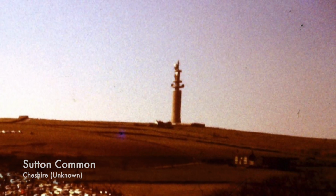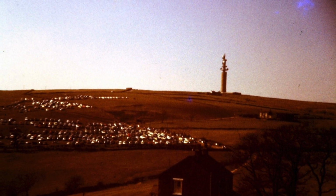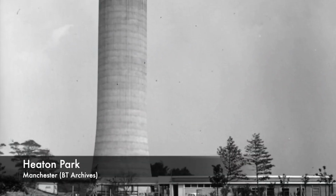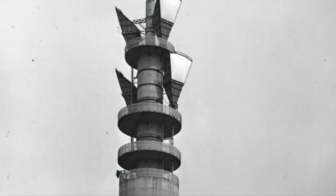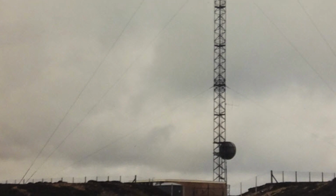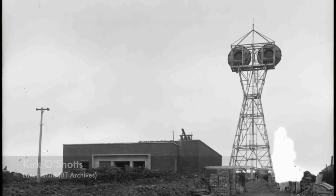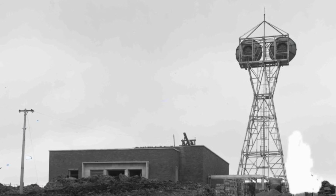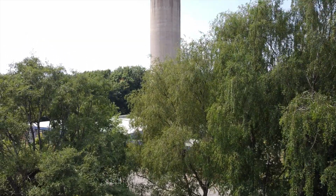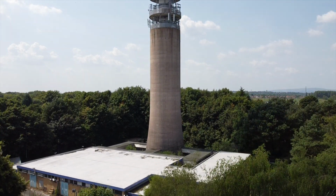border at Macclesfield. Next was Heaton Park, then Saddleworth in Greater Manchester, Hunterstones in Skipton, North Yorkshire, Azerley in Yorkshire, and Richmond also in Yorkshire. And then further north to Muggleswick in County Durham, Coldfell in Cumbria, Lockerbie in Dumfries, Green Lowther in Dumfries, and finally Kirkoshots in Lanarkshire. Heaton Park's first public mention was in the 1965 Defence White Paper, where it was described